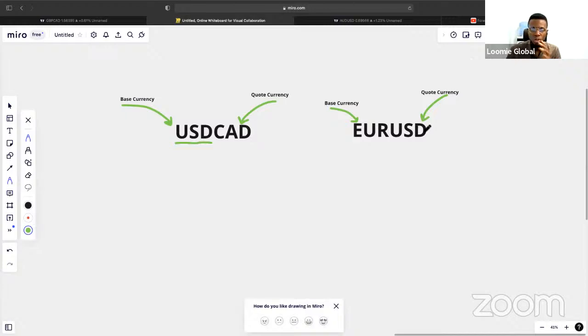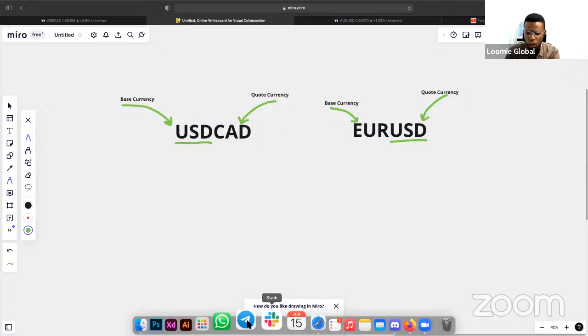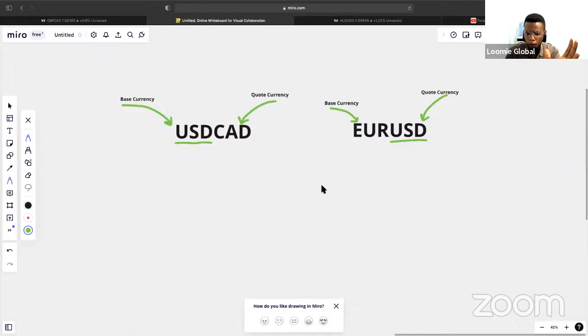So I was trying to use this opportunity to explain DXY, right? Now, base and quote currency, is anybody still confused? Do you understand what it means now? If you understand, please type a Y in the chat box, Y for yes. If you don't understand, type an N for no. Quickly, let us move on. Okay, yes. Everybody understands that.